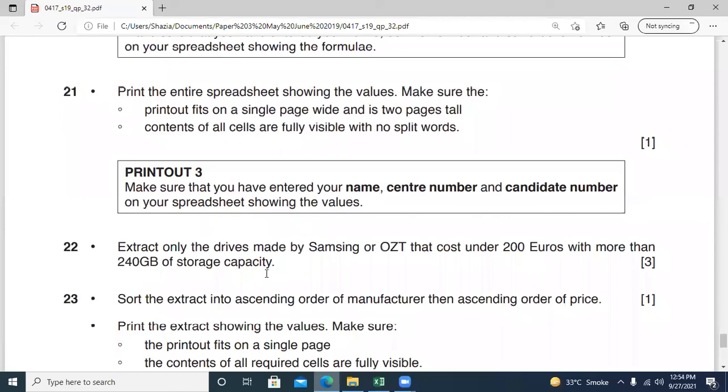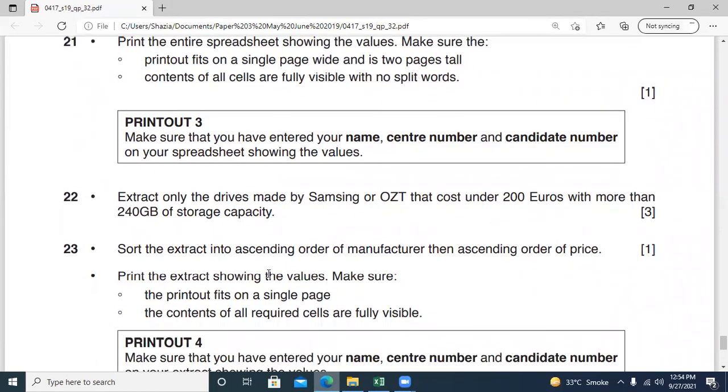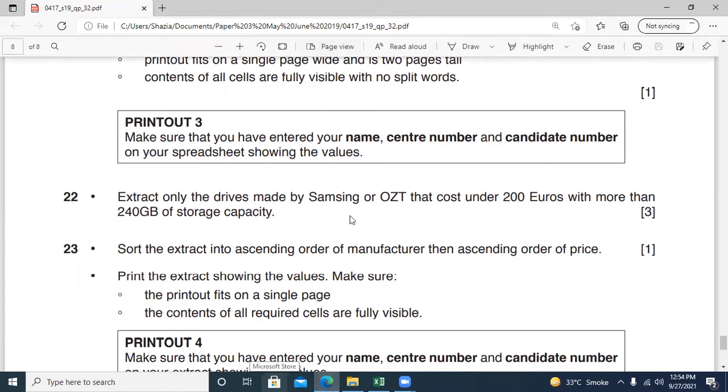Then the next step is 22: extract only drives made by Samsung or OZT that cost under 200 euros with more than 240 GB of storage capacity. Here we need to extract some records, and this process is called filtering.